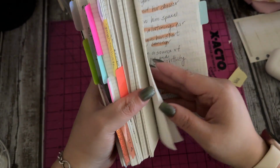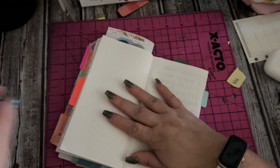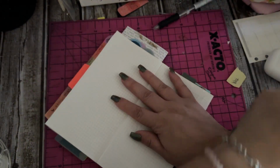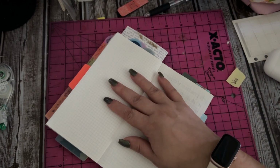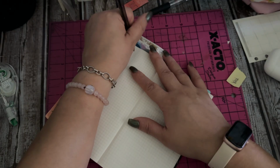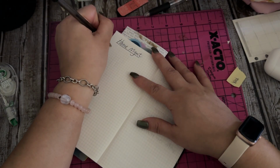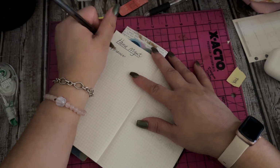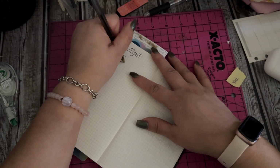I am going to talk about the sections I would want in my home management binder. And I want to use, not that, where, see what I'm saying? All the time. So what do I want to do as far as reference for my home management? First and foremost, it's always something finance. So I need to have passwords. I need to have,